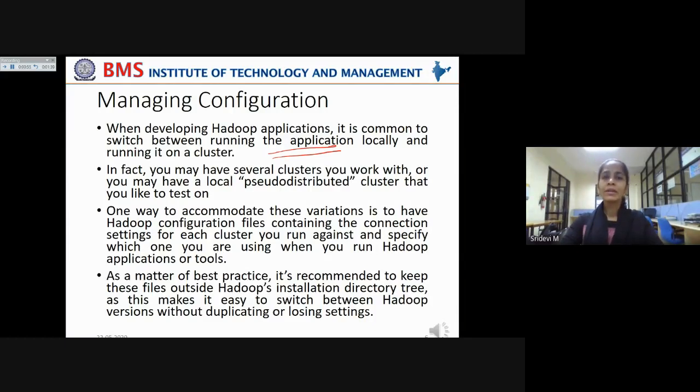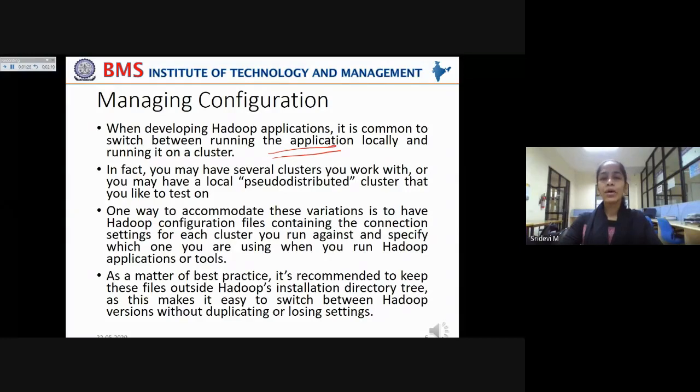For this, when developing Hadoop applications, it is a very common task to switch between running the application locally in a pseudo-distributed mode and running it on a cluster. In fact, you may have several clusters you work with. It is not that the data center has only a single cluster, right? You may be working with several clusters, or you may have a local pseudo-distributed cluster that you would like to test on, if you want to test in the initial stages itself.